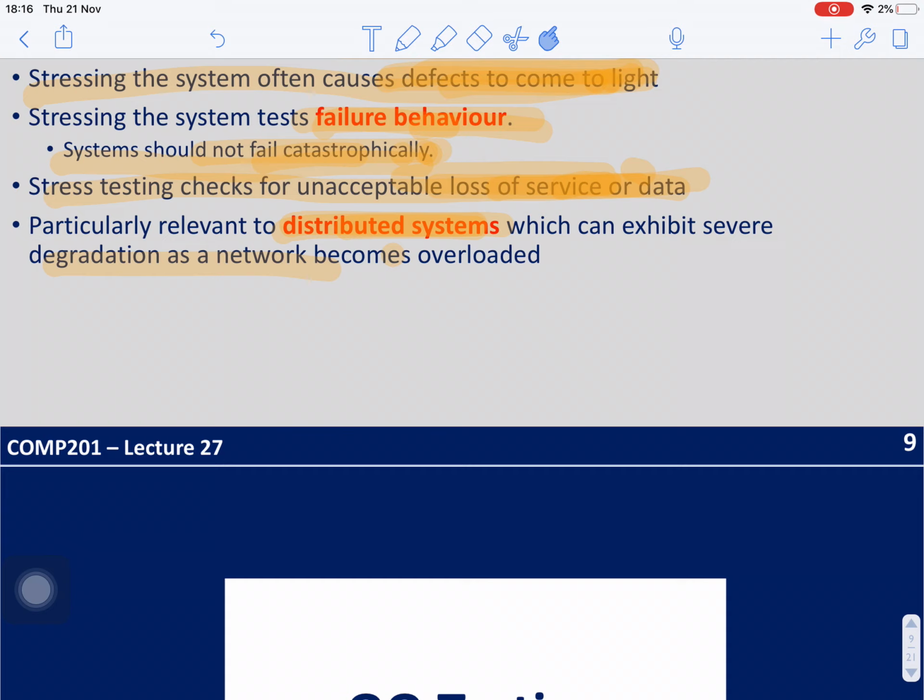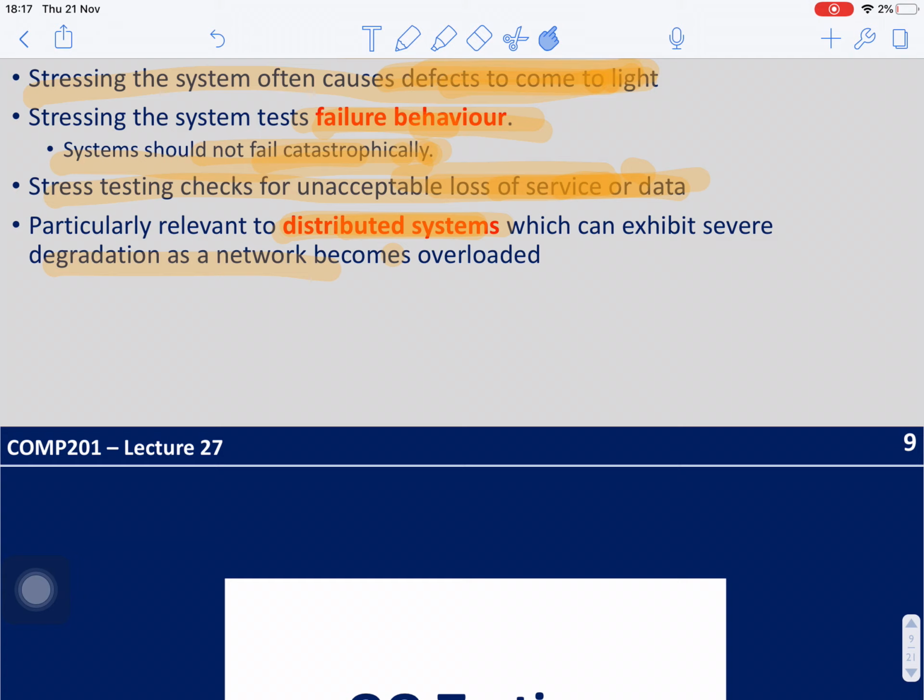It's particularly relevant to a distributed system like the server and client system, and to how the network degrades when it is overloaded by many